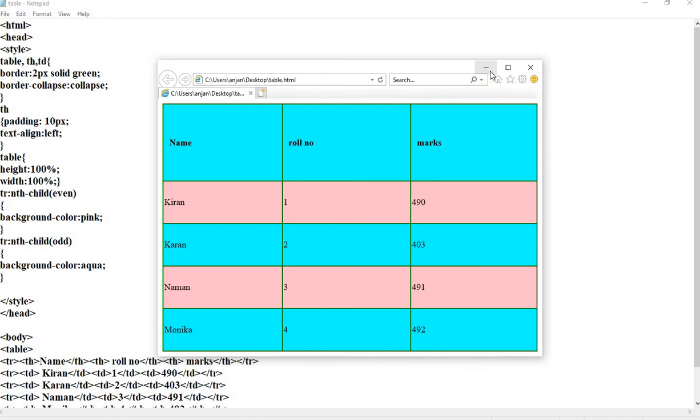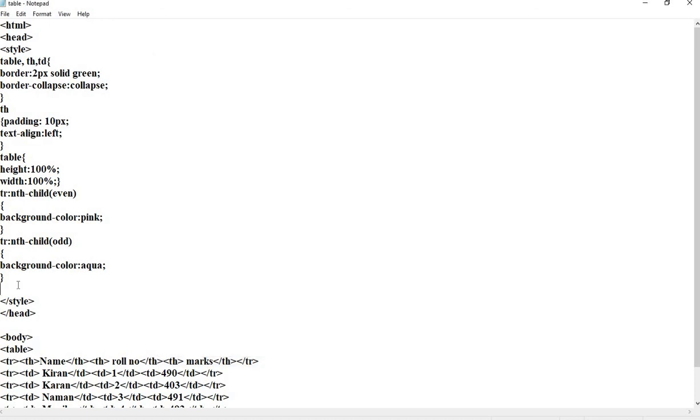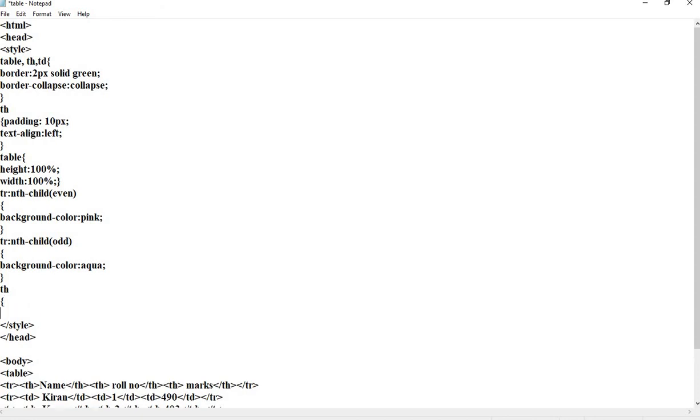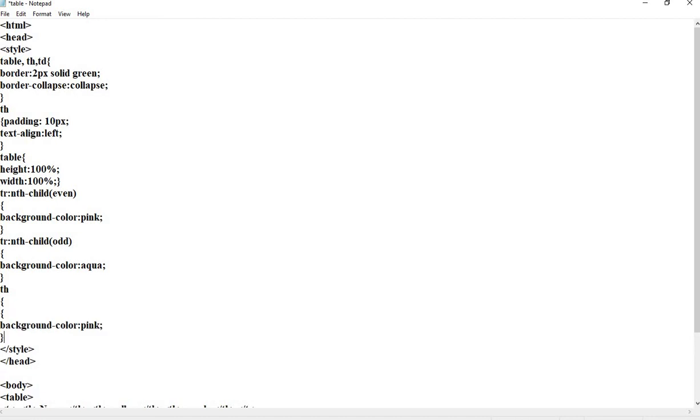Let's make changes in the code. As we are changing the header, the tag used is th. Suppose I am changing the color from pink to yellow.